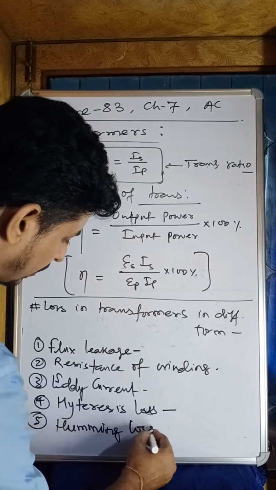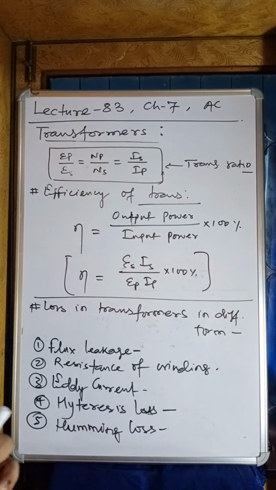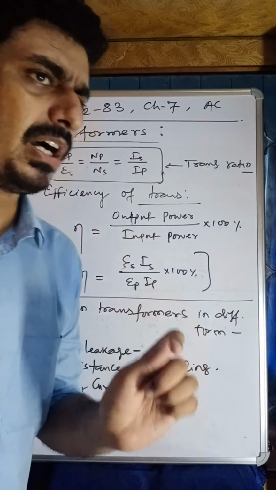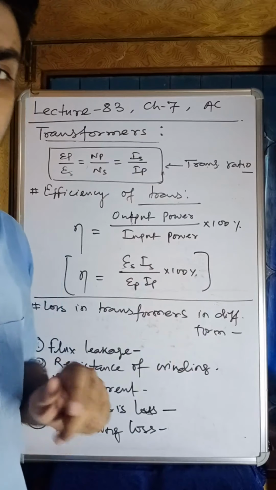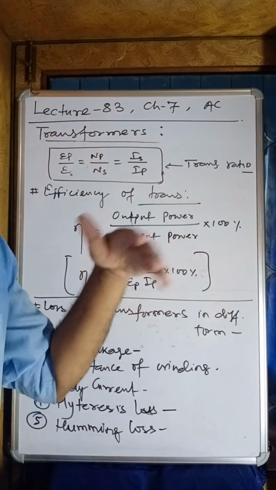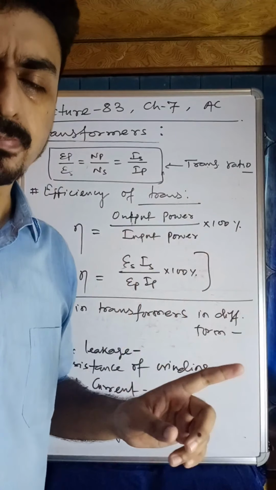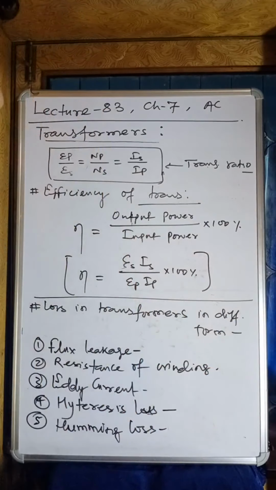Humming loss. You might have noticed, my dear students, while going through the transformer, if the transformer is over the pole and you are moving around that pole, you might have heard a humming sound. It is coming from the transformer. What is that actually? When AC current moves through the coil, that is the primary and secondary coil,